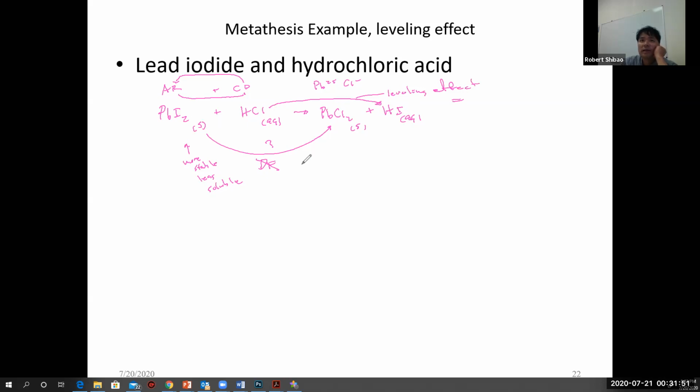But here, basically, this is looking like no reaction. There's really nothing driving this reaction forward, because we want to form more stable stuff. Therefore equal. It's a leveling effect. So if there's no driving force, that's why we got no reaction. And so we'll just leave it like that. We aren't going to do an ionic equation or net ionic equation for this one. It's not necessary.